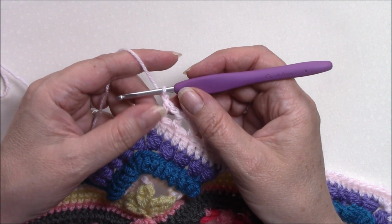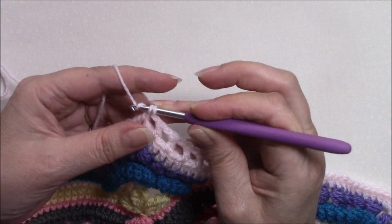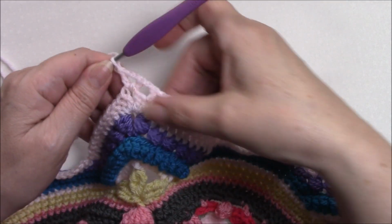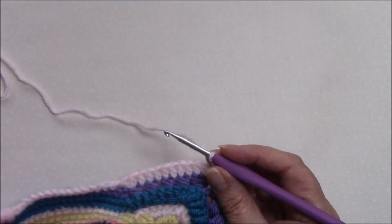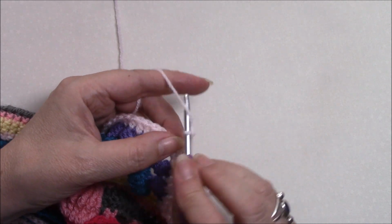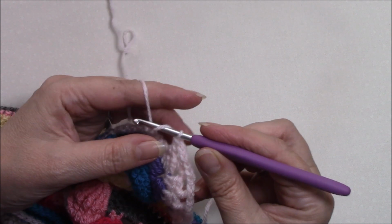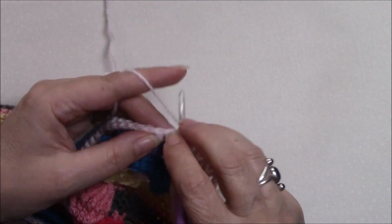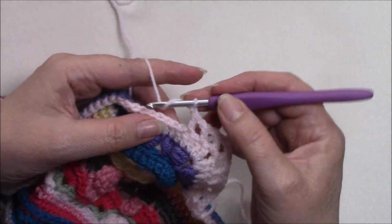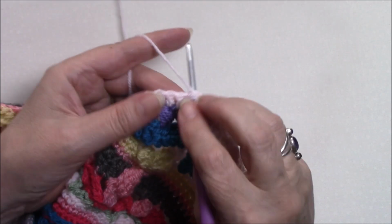okay, chain 1. So let's make sure we've got 1, 2, 3, 4, 5, 6, 7 times we've done that. Okay, so we skip this last stitch before the point space, then in the point space we're going to do double crochet, chain 2, double crochet, and then we're going to basically just mirror this coming down the other side. So we're going to chain 1, skip that next stitch, double crochet in the next one, and we're doing this 7 times again. So chain 1, skip 1, double crochet. Okay, chain 1, skip 1, double, chain 1, skip 1, double,